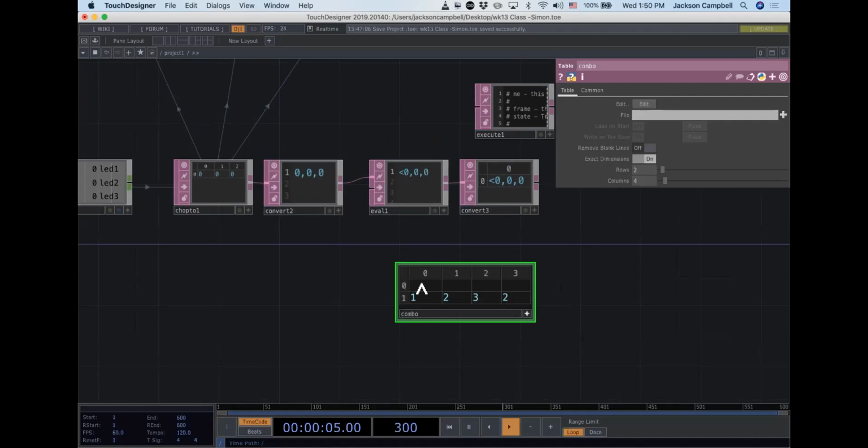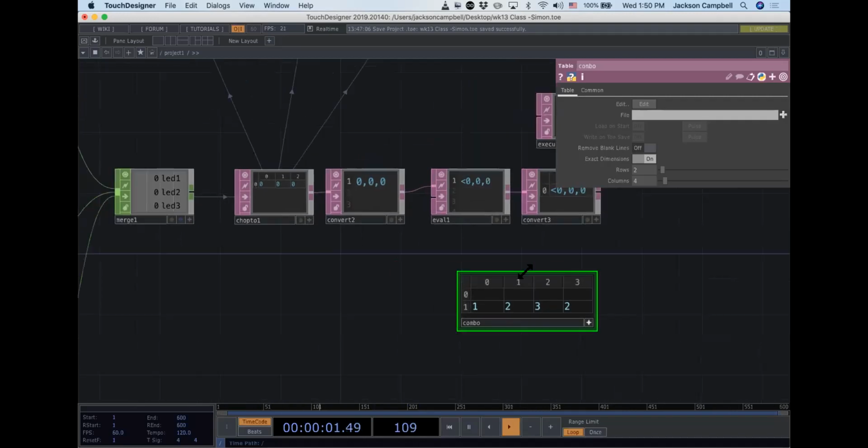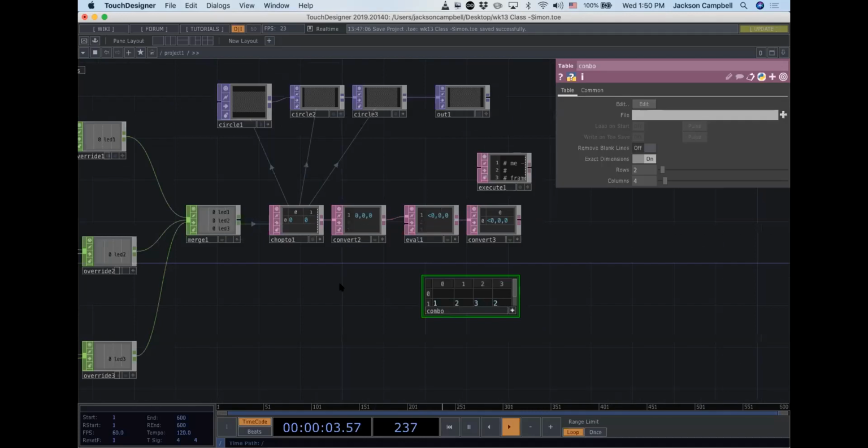So the first thing it'll do is populate this. If you hit the first button, it'll be a 1. If you hit the second button the second time, this will be a 2. If you hit the third button the third time, this will be a 3. And then if you hit the second button the fourth time, this will be a 2. All right, so to be able to do that,